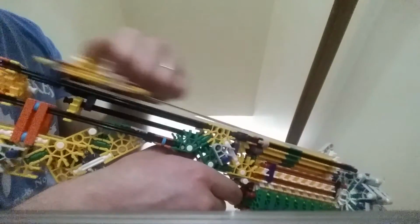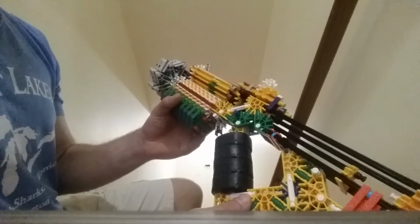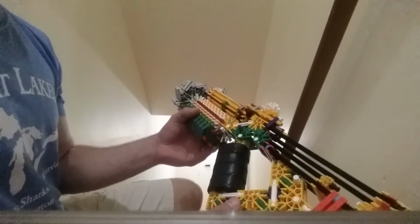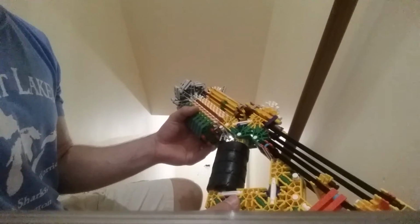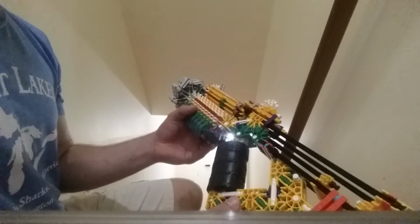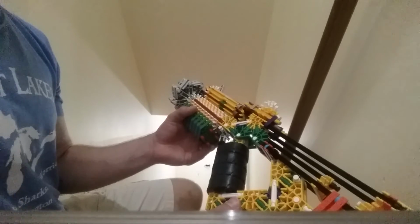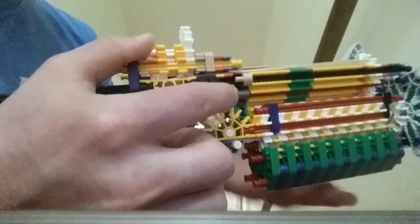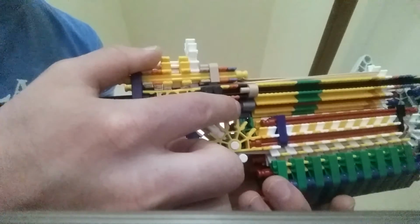So really happy with how it turned out. Definitely recommend it. It hasn't been tested for an overly long period of time, but I haven't had it fail yet, and I put it through hundreds of shots, and so far everything is really holding up well. And I don't remember if I mentioned this or not, but I think I did. These spacers here, they do help align. I already said that, but the other nice